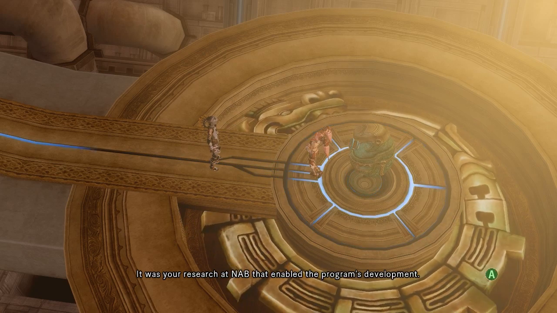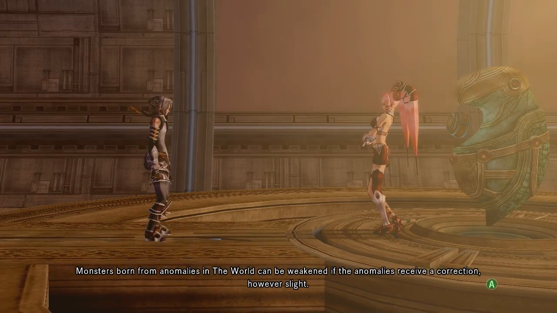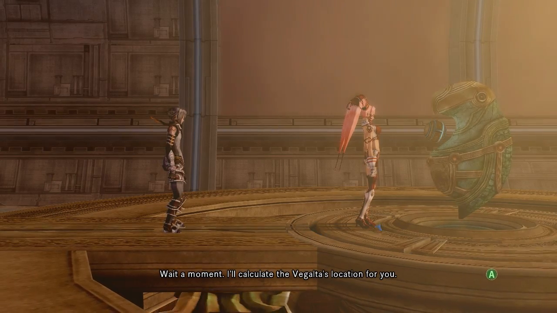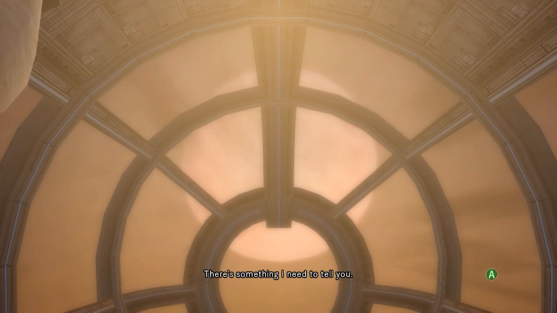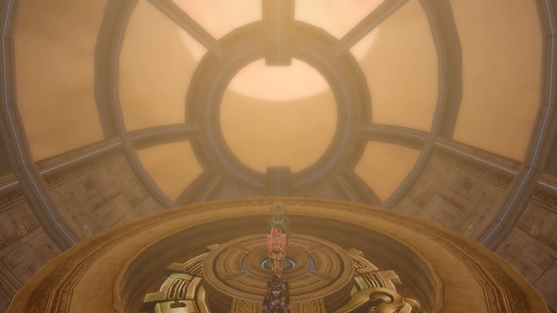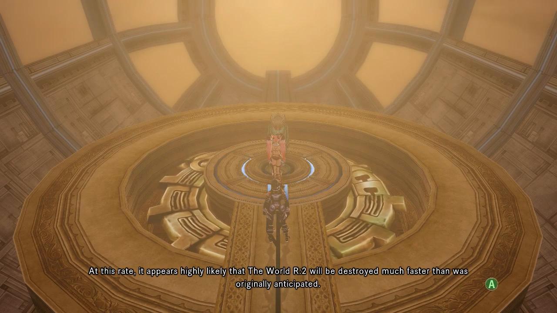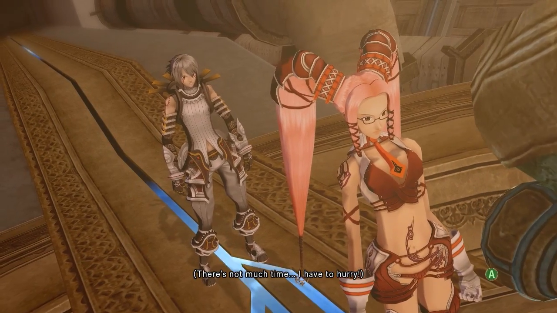あなたがナブで積み重ねた基礎調査をもとにして作られたものよ。ザ・ワールドの歪みによって生まれた怪物なら、その歪みを少しでも強制することで力を弱められるはず。 わかった。こいつを使えばいいんだな。 ちょっと待って。ベガルタの現在の居場所も割り出すわ。一つ知らせておくわね。世界のデータの崩壊が加速度的に進み始めている。この分だと当初想定したよりもずっと早いタイミングでザ・ワールドリビジョン2は消滅する確率が高いわ。 I keep talking when I think they're done talking, and they just took an awkward pause. わかった。時間がない。急がねえと。